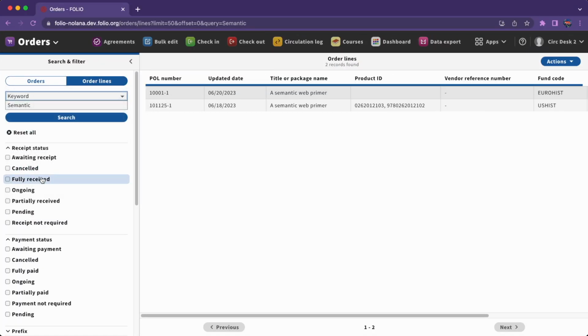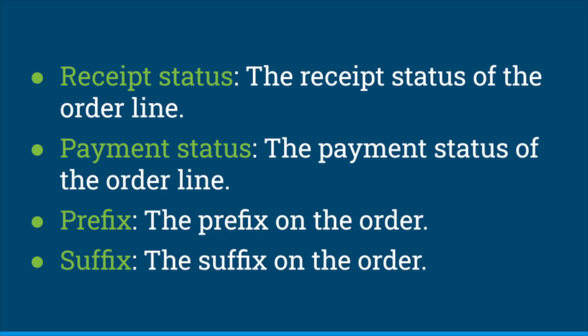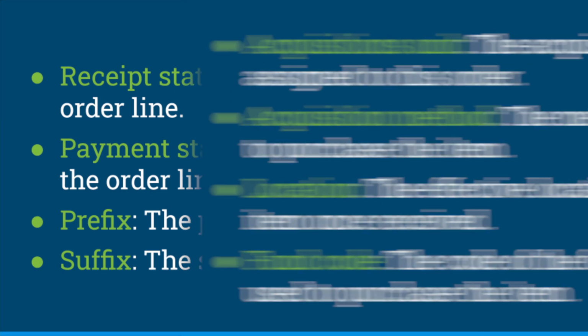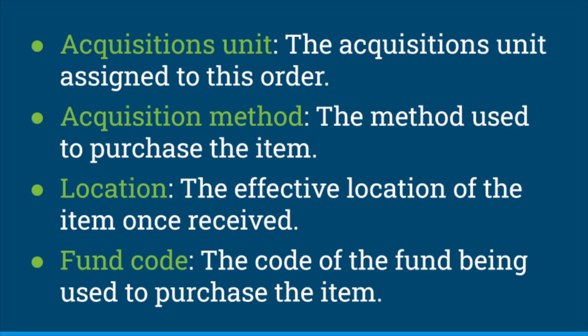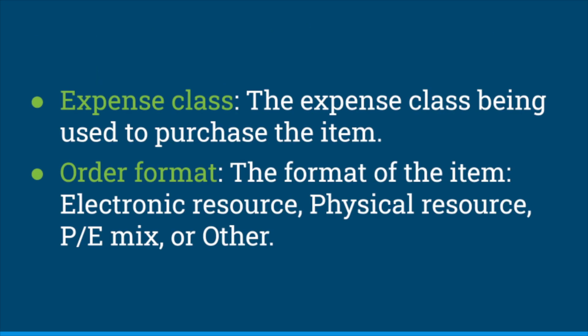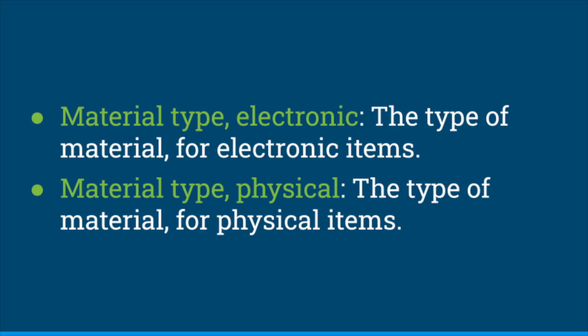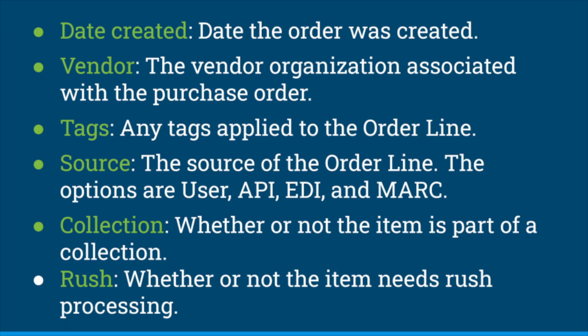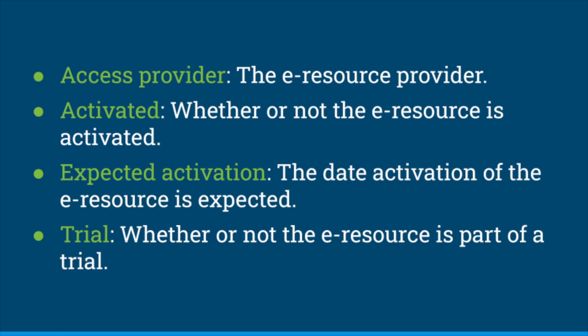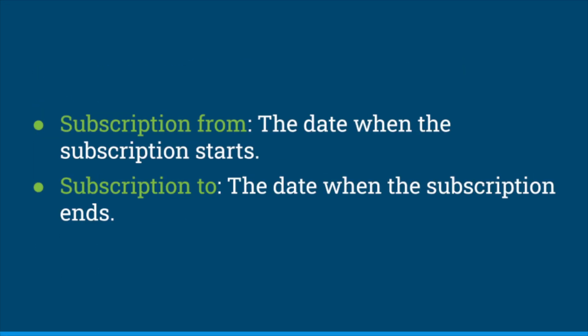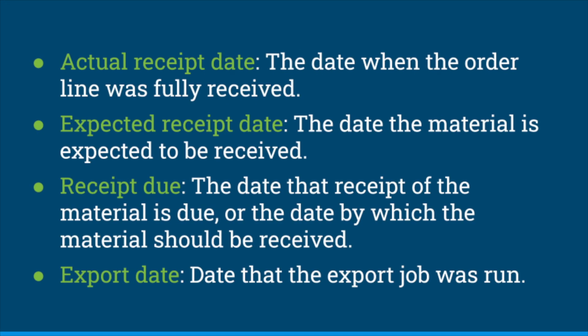You can apply filters after searching to further limit your results, but you can also use the filters independent of searching. Using filters, we can bring up order lines by receipt status, payment status, prefix, suffix, acquisitions unit, acquisition method, location, fund code, expense class, order format, material type electronic, material type physical, date created, vendor, tags, source, collection, rush, access provider, activated, expected activation, trial, subscription from, subscription to, actual receipt date, expected receipt date, receipt due, and export